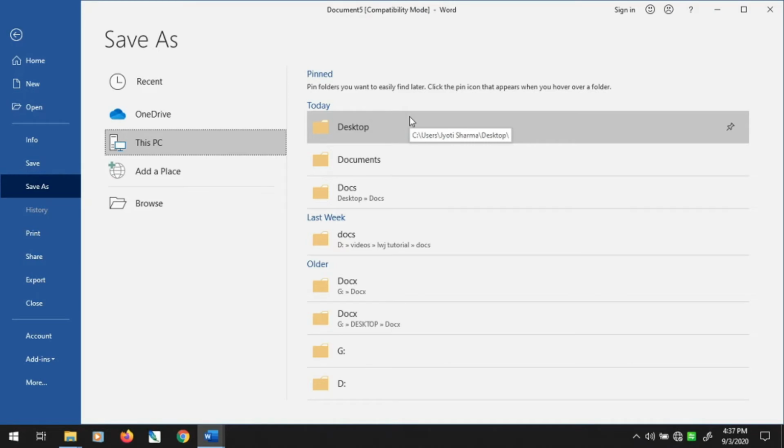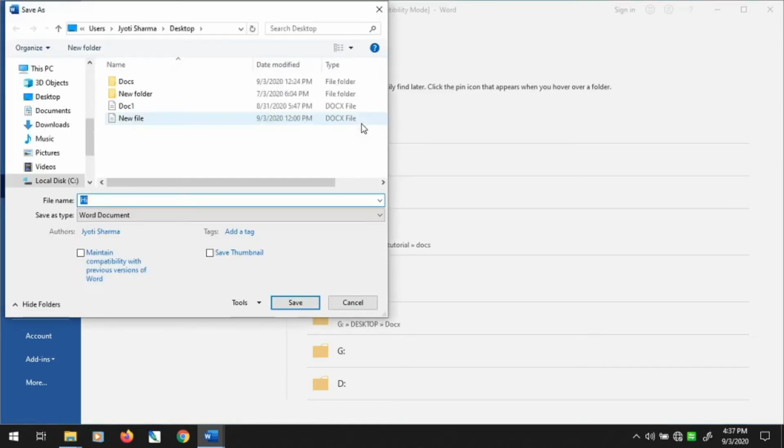For right now we are saving our file on the Desktop. So let us choose Desktop. In the Desktop, as you click on the folder, this kind of pop-up dialog box will open in front of you. It is just showing the location where you want to save the file. Then in the below section it is asking for the file name you want to keep for your file. Let us save it with the name of Test File. Okay, so this is our file name.